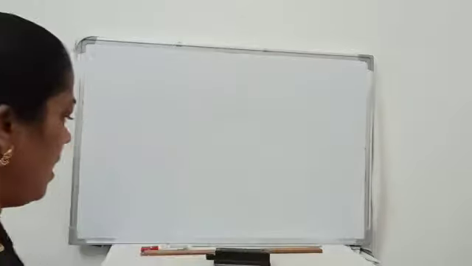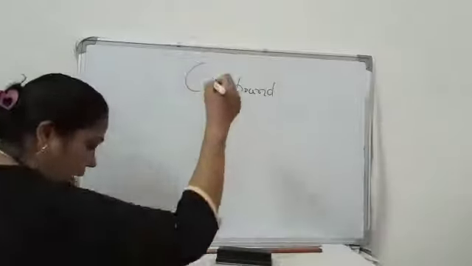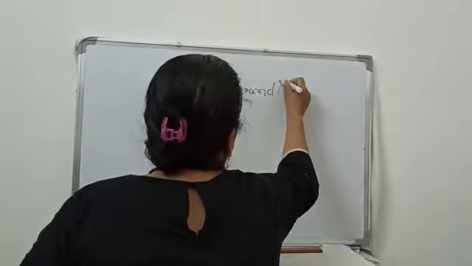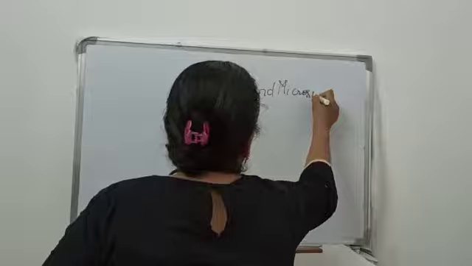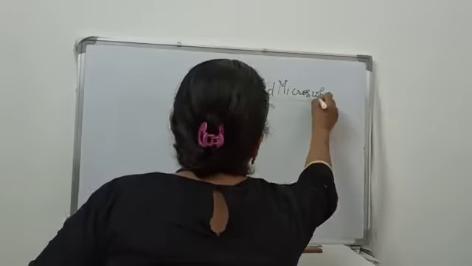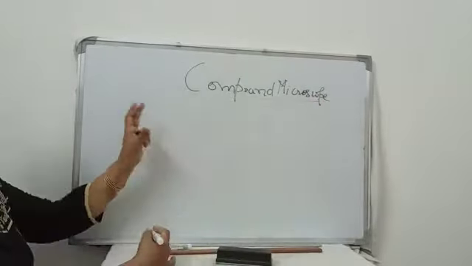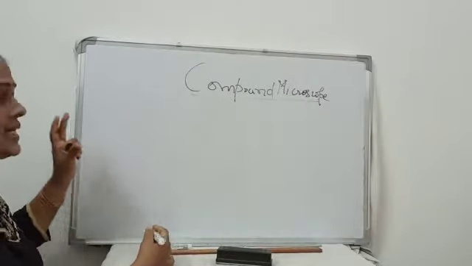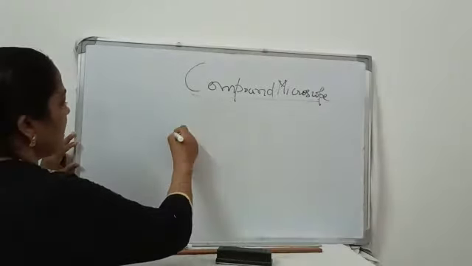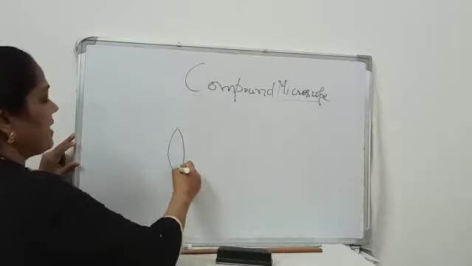As we all know that if you increase the number of lens, the magnification has to increase. That is why we are making use of more than one lens. Now let us see the compound microscope. So the lens which is placed close to the object is called as the objective lens. So the objective lens is of short focal length and aperture.